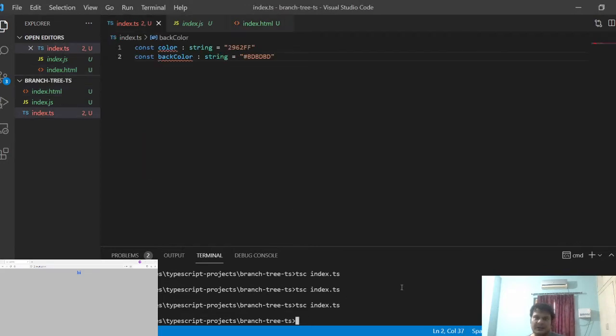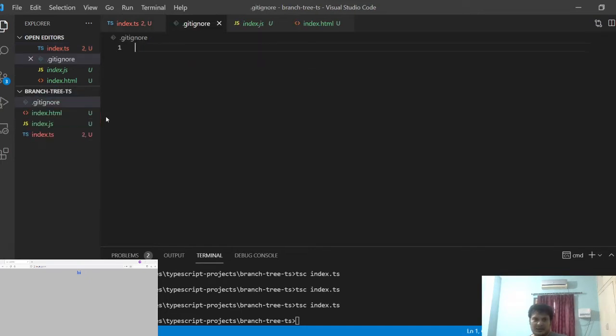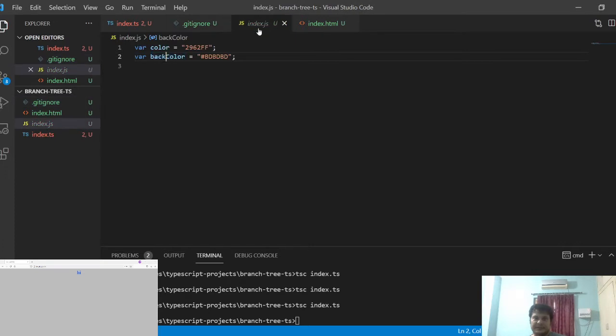So for now, let's ignore the JS file. Okay, create another file, .gitignore. Sorry, index.js, and we are ignoring the index.js file.